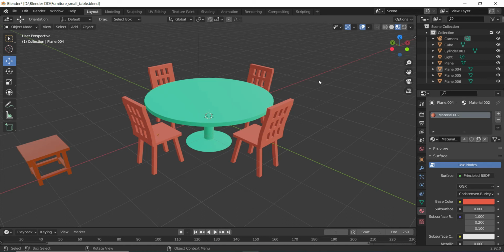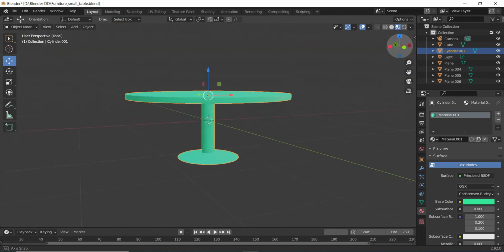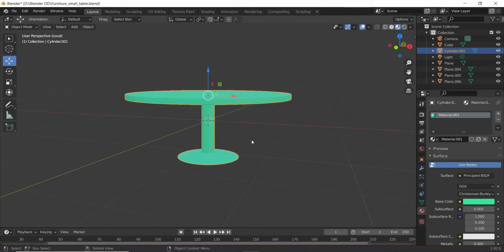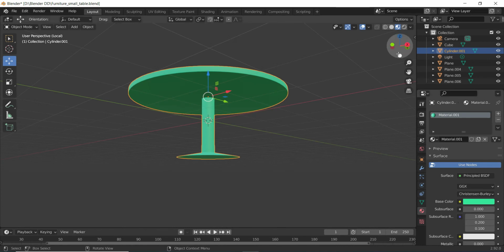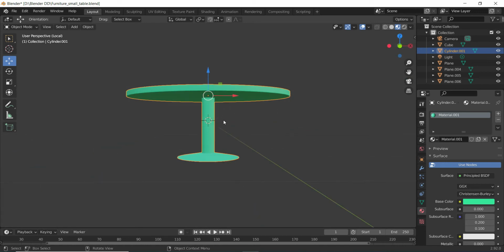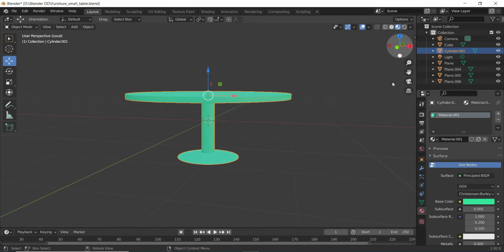Now in the materials, let's understand something different, something new. So let's say I'll select this table, and what I want to do is give a different kind of look to this support of the table, or the base, I would say. Now obviously we have applied one material, that's why overall the table looks as if it has been made from one single material. But just to change the look, we can select some portion of the object and apply a different material.